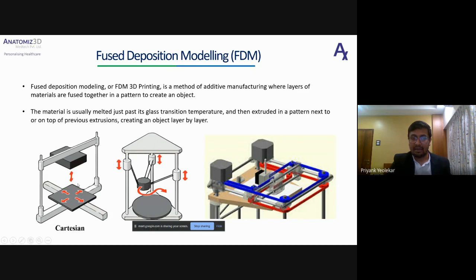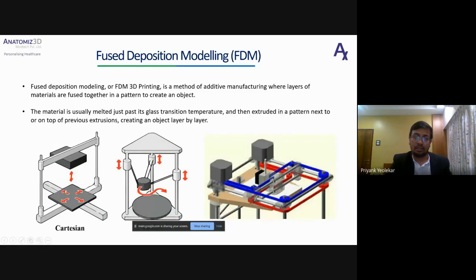So this entire X assembly is controlled with a motor which is connected to the Z axis, and as the Z axis moves, the entire X axis assembly also moves with it. That is how the printing takes place. As you can see here, the extruder is actually connected to the Z axis.